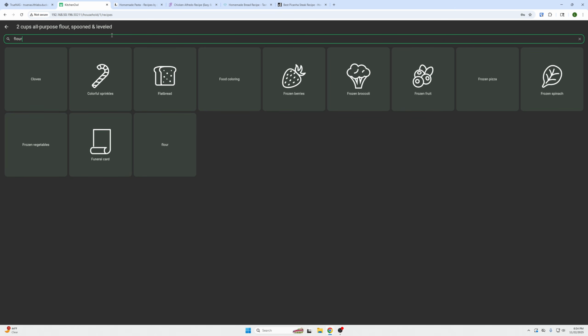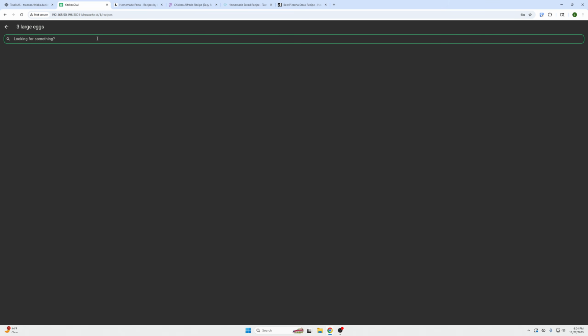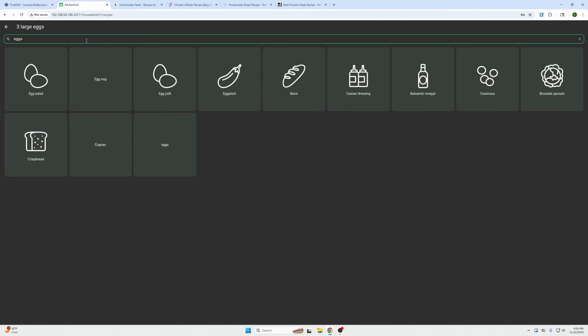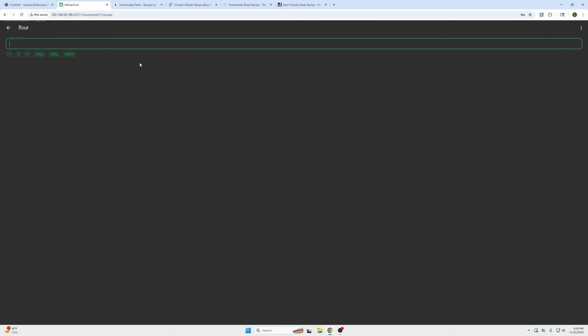So if I just want to grab an icon, I can search for an icon and add it, or just give it a name if there's not one there. Sometimes they load, sometimes they may not. You can give it whatever ones. If you want to add egg salad as the icon, I guess you could. And then like you would put 2 cups of